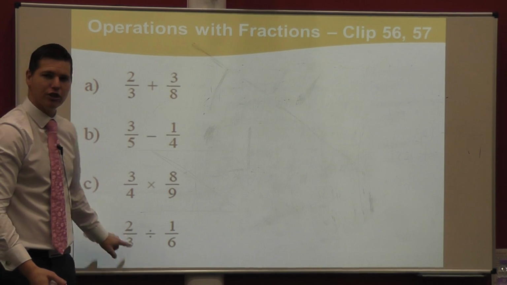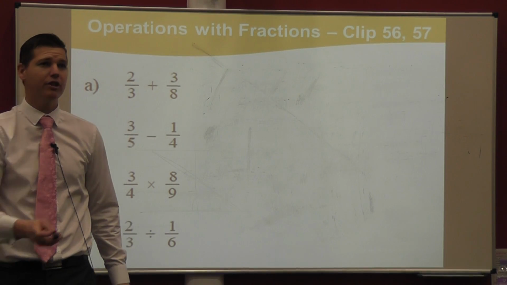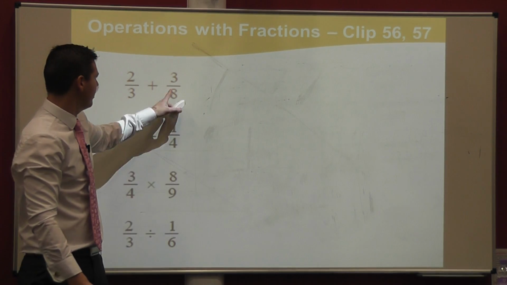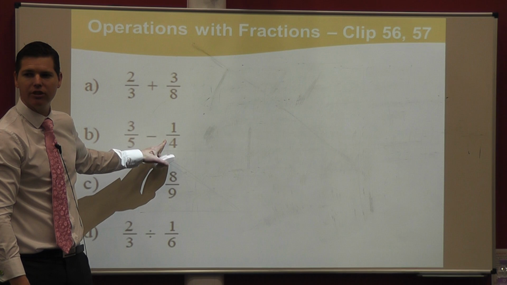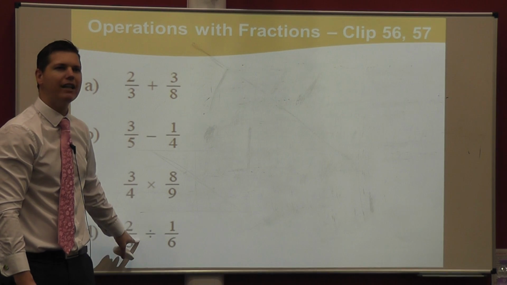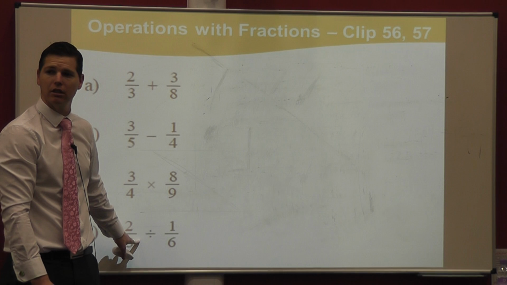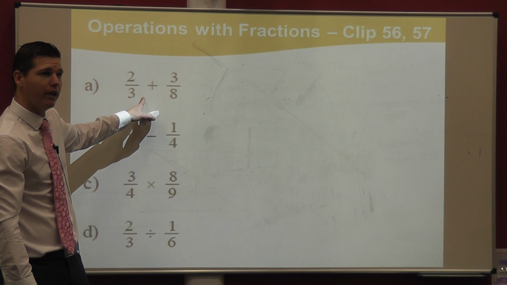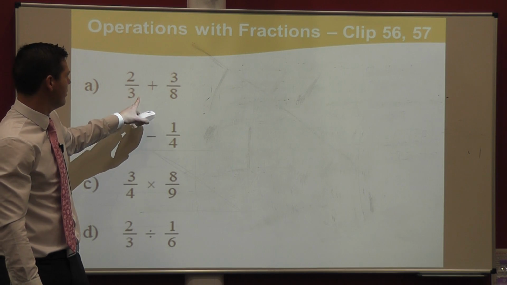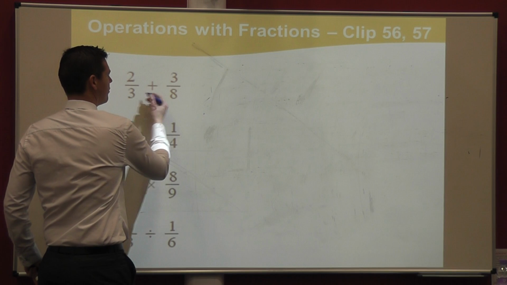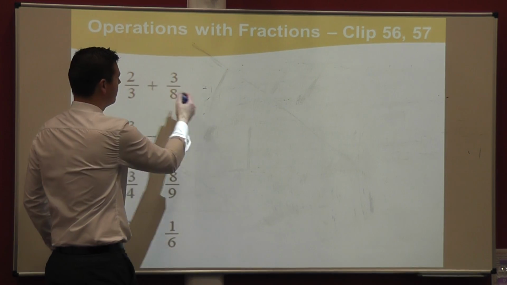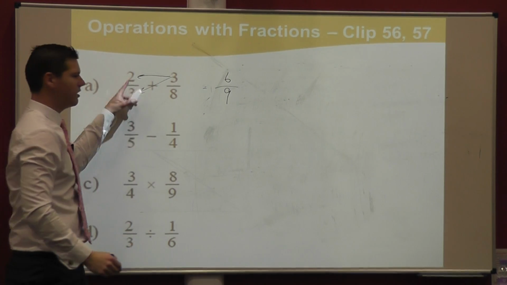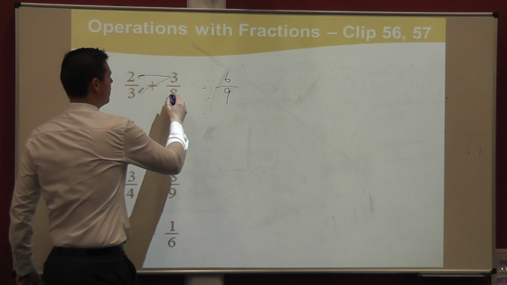Operations with fractions. You need to be able to do this. We did this, if you remember, way back when. We had a look at making sure that these are like fractions first. Multiplying is easy and dividing is just multiplying with a step added before it. That's all you have to remember. So we started off up here and we said we need to cross multiply. Cross multiplying means we had 3 times 3 and 3 times 2. So 2/3 is the same as 6/9. And on the other side,